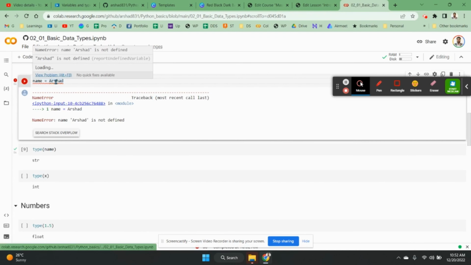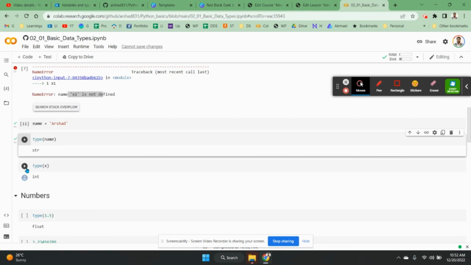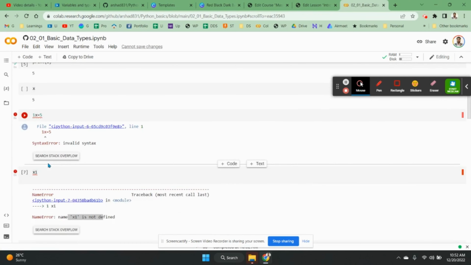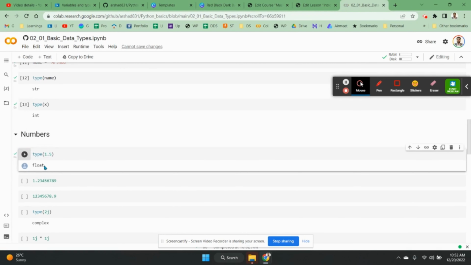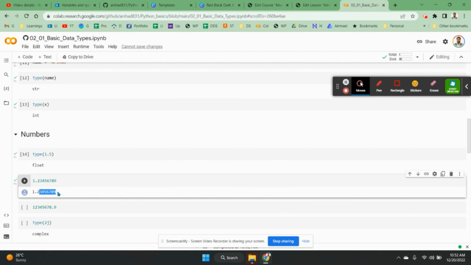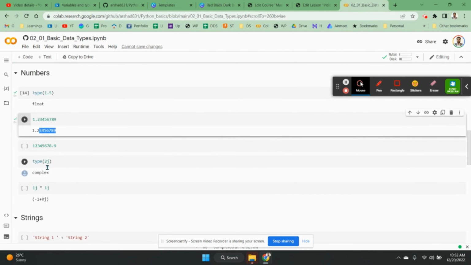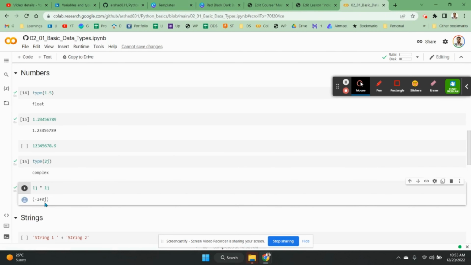Now, as I told you, the type of the variable description is string, right? And the one that we did earlier, x, is an integer. Now there is one more thing. As you know, float is basically anything with a decimal, like 1.5 is a float, right? This is also a float. Anything after the decimal number is a float. Anything with a decimal is called a float. 2j is basically a complex number. And you can also do multiplication of complex numbers like 1j into 1j, and you will get some result that